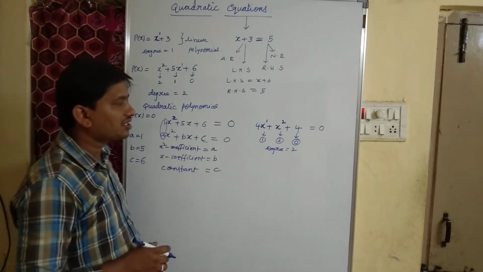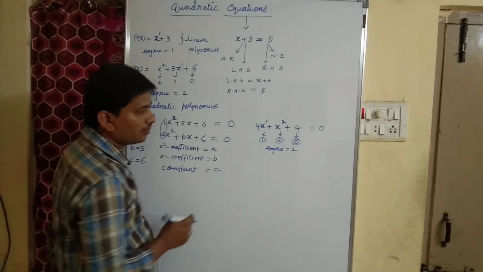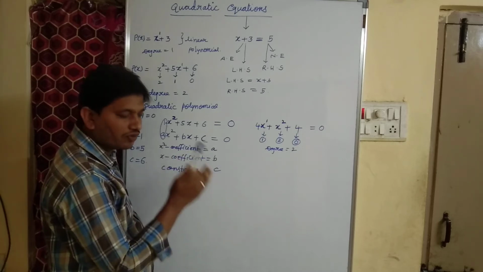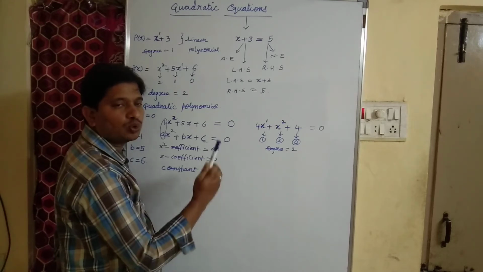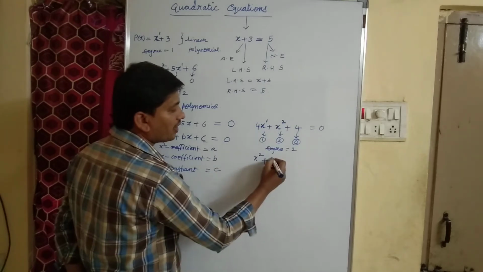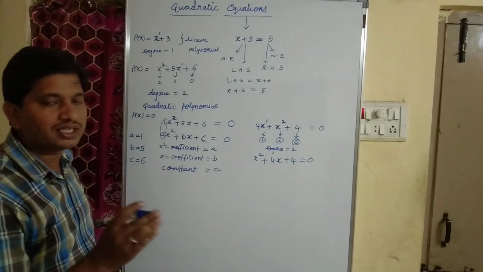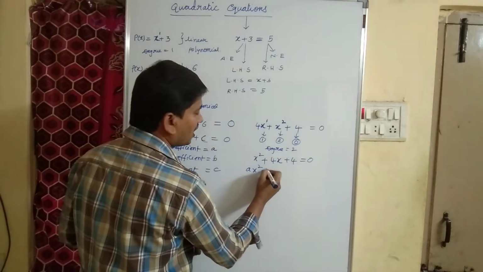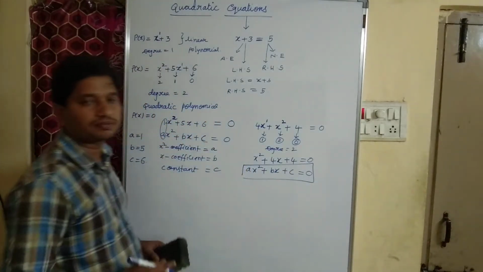Okay, now the thing is whether the given quadratic equation is in standard form or not. If you observe here, the degrees are not in descending order. If they are not in standard form, we need to arrange them in such a way that the degrees are in descending order. I mean, first we have to write x square, then the x term, and then the constant term. That is x square plus 4x plus 4 equal to 0. Yes, if you compare now with the standard form of the equation ax square plus bx plus c equal to 0, which is a quadratic equation.